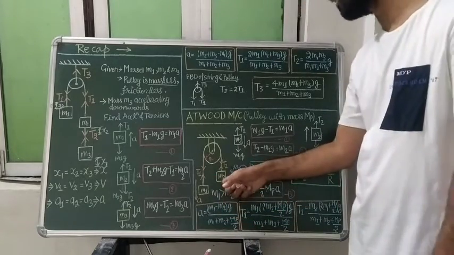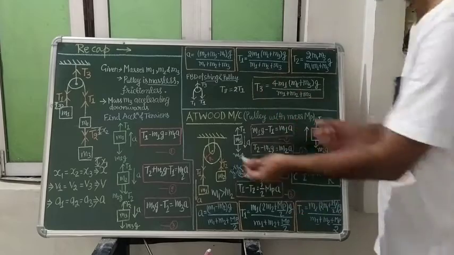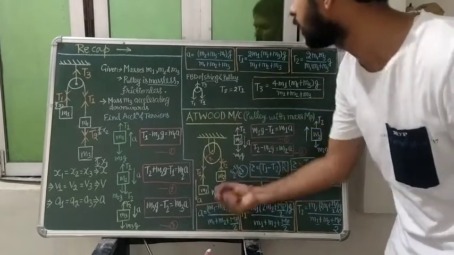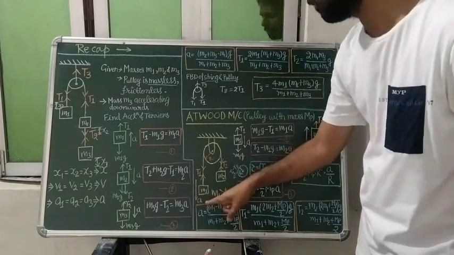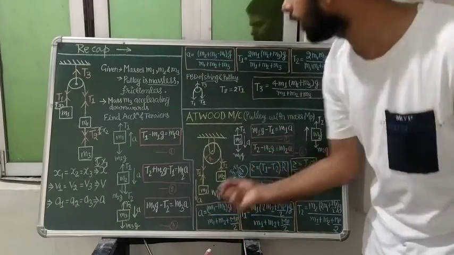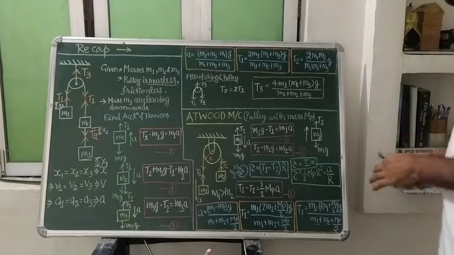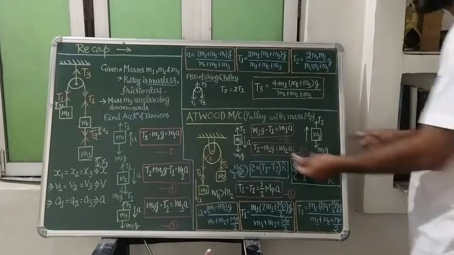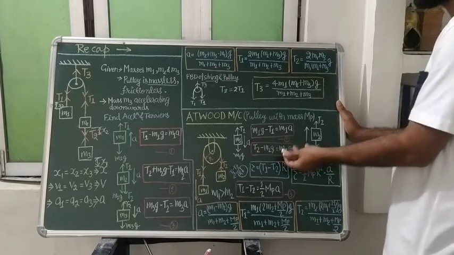You can make it the other way as well: if m2 is more than m1, it will accelerate downward and the other will go up. So the FBD of 2 was saying that T2 minus m2g equals